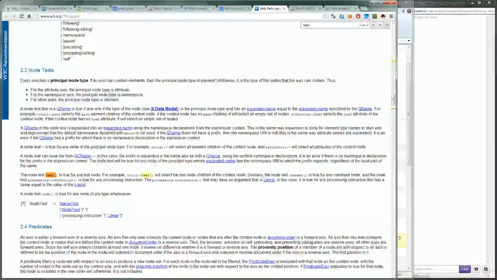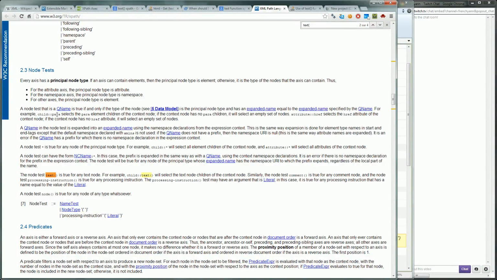Okay. Otherwise, it is the type of the node that the axis can contain. Thus, for the attribute axis, the principal node type is attribute. For the namespace axis, the principal node type is namespace. For other axes, the principal node type is element. Okie dokie. A node test that is a QName is true if and only if the type of the node